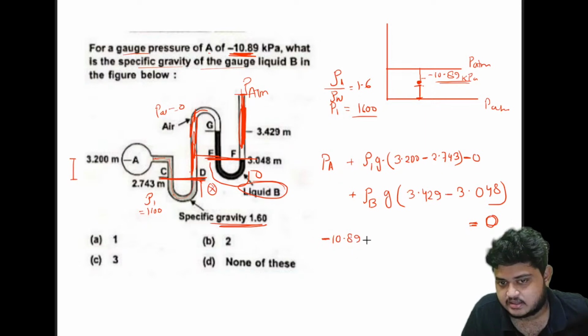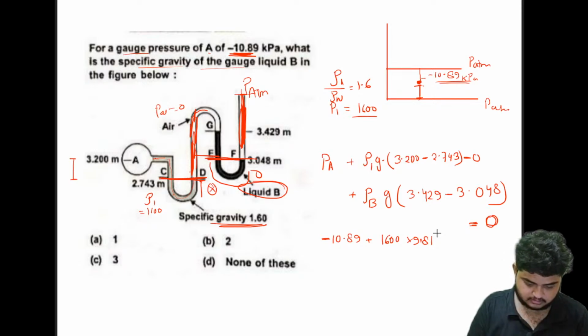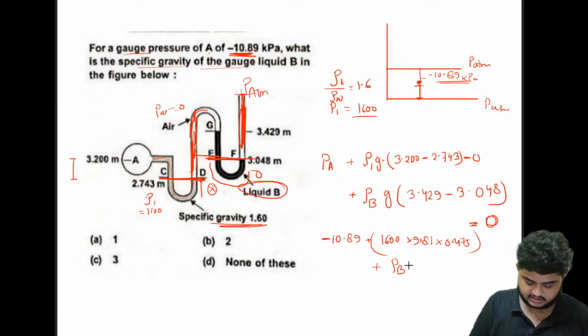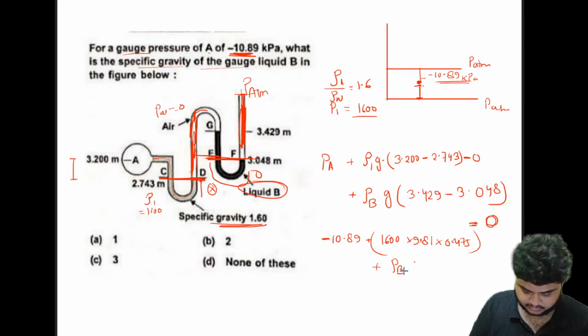नाउ इसमें पी ए क्या दिया है कि -10.89 प्लस रो वन है 1600 इंटू 9.81, ठीक है। और इसका जो डिफरेंस आता है क्या आता है, 0.3 कुछ आएगा, ये तो 0.475 ये है। फिर प्लस क्या है कि रो बी, ये भी हम निकाल लेते हैं, 3.429 माइनस 3.048, इसको अगर हम कैलकुलेट करें तो ये आता है 0 पॉइंट, ओके। तो ये जी इंटू ये होगा,